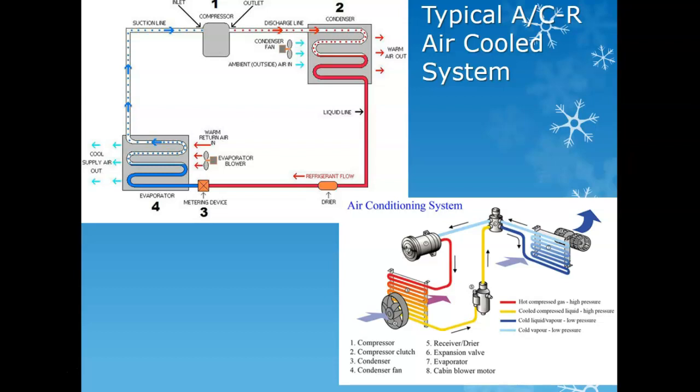So once it pushes the hot air into the condenser, it turns into a liquid. The liquid then moves through the system, and once it exits, it is not as hot as it used to be, but it's still kind of warm. It is pushed through a dryer, then through a metering device, and then it goes to your evaporator, which is continuing to pull that heat off. So we do not want heat in our system.